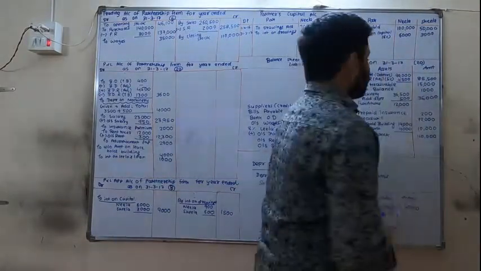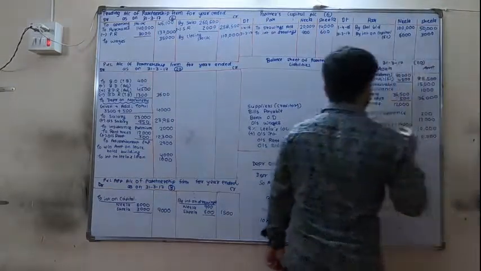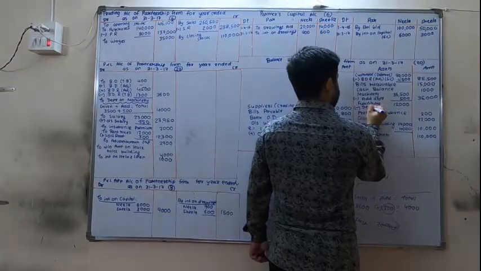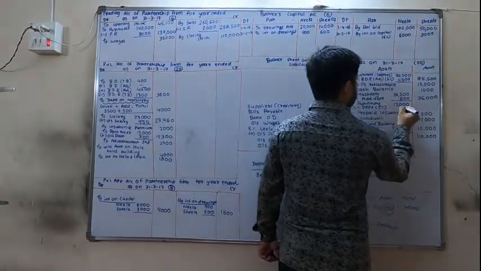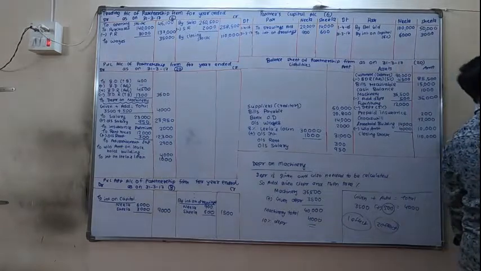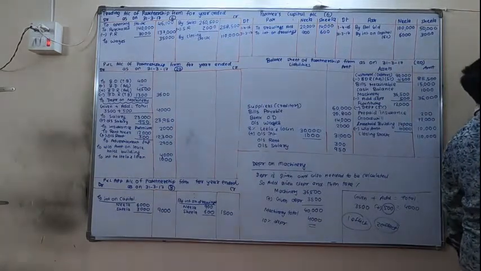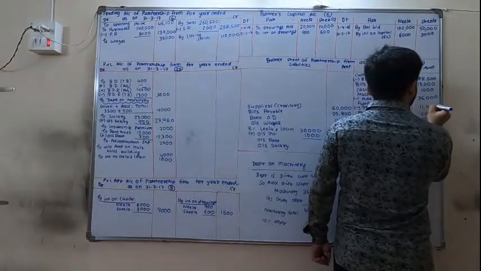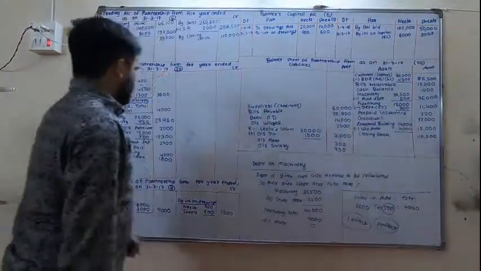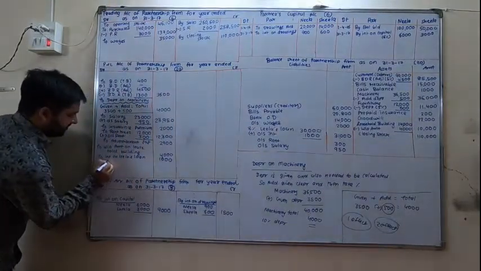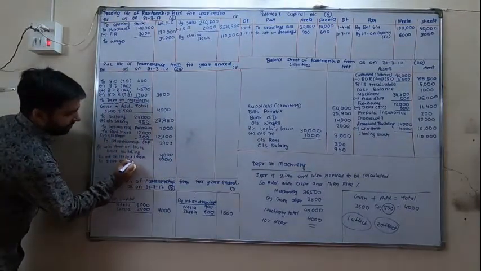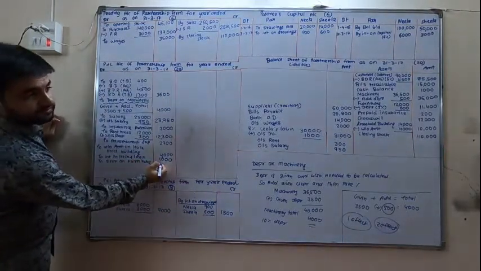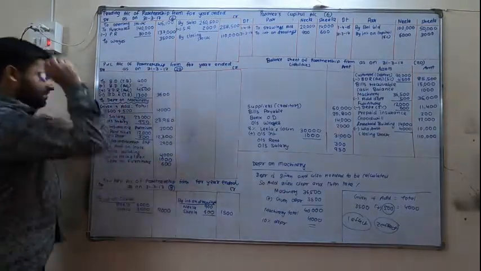And last, 5% on furniture. If I am not wrong, yes, 5% on furniture. So minus depreciation in bracket 5%, 12,500. 12,000 multiplied by 5% is 600. So in the outer column it is 11,400. Now P&L debit, to depreciation on furniture, 600. Now everything is over.